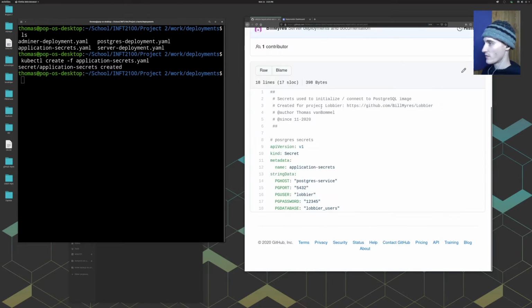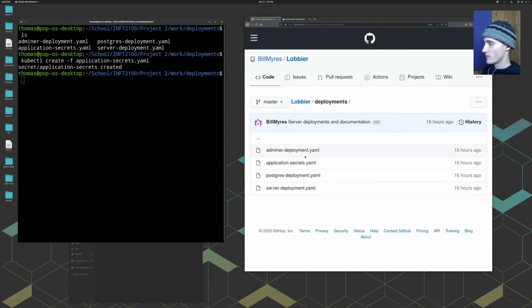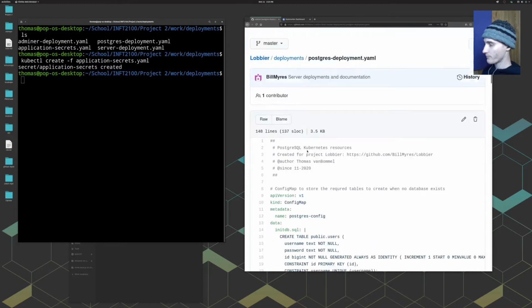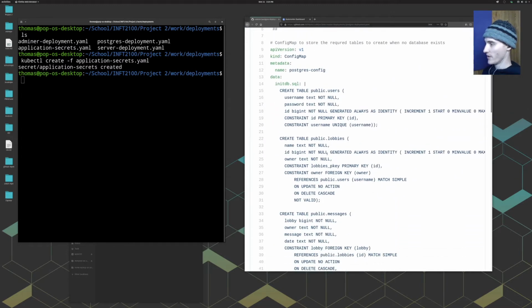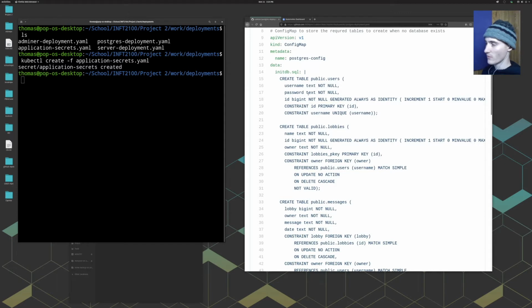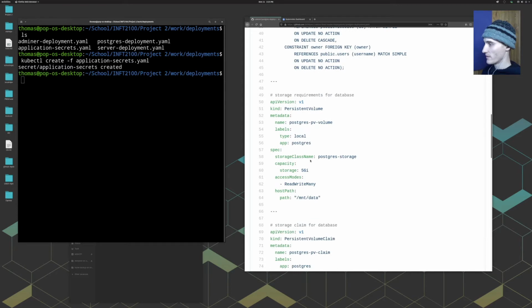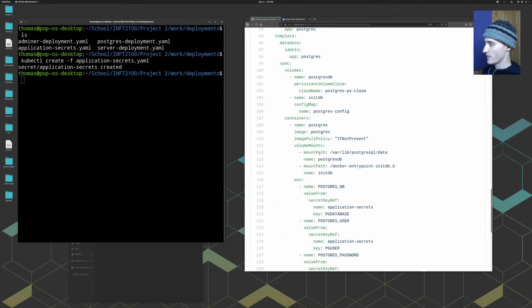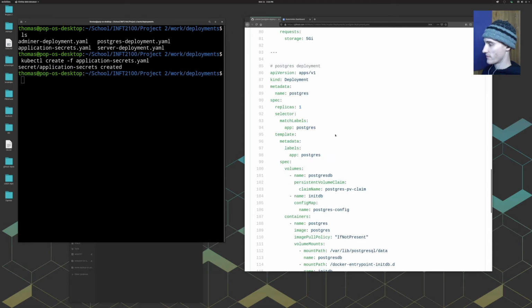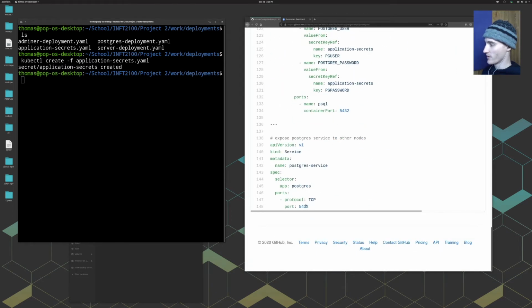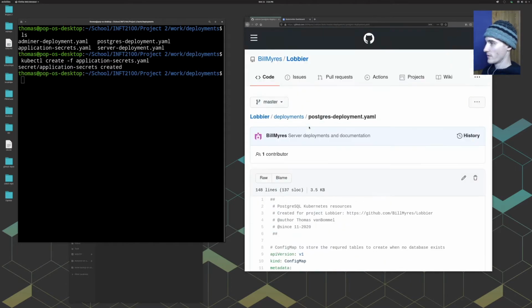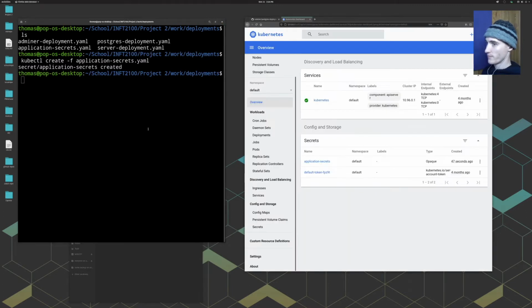The next resource here is going to be our Postgres deployment here. Now, this Postgres deployment simply creates the database required for our users, and then storage requirements, the actual Postgres deployment itself, and then a service that exposes it to other containers on port 5432. And if we start that guy,